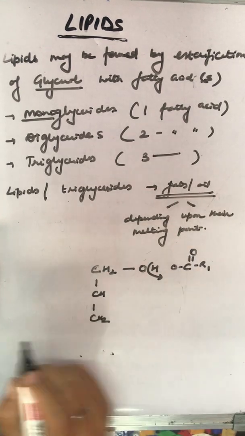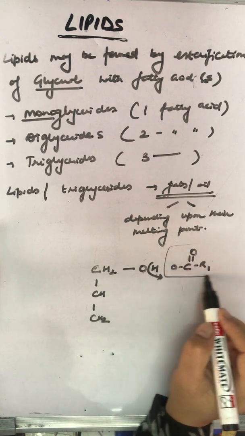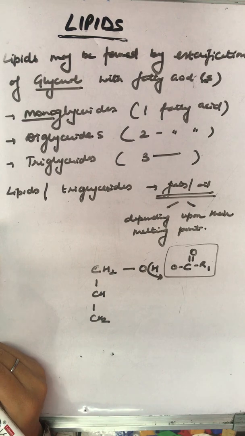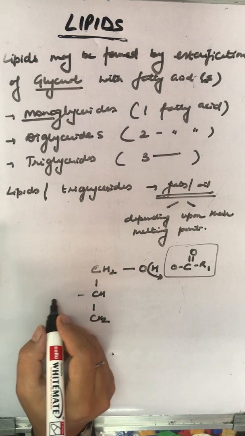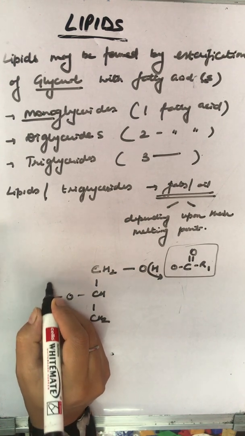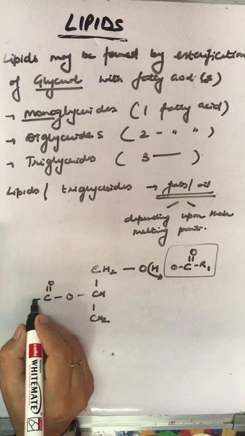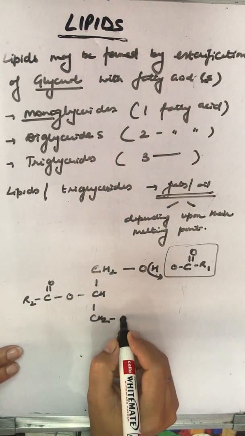Okay. So what we are going to do is replace this hydrogen with this entire structure. Again this side, when we have replaced, it will come O, C double bond O, R2, and here O,